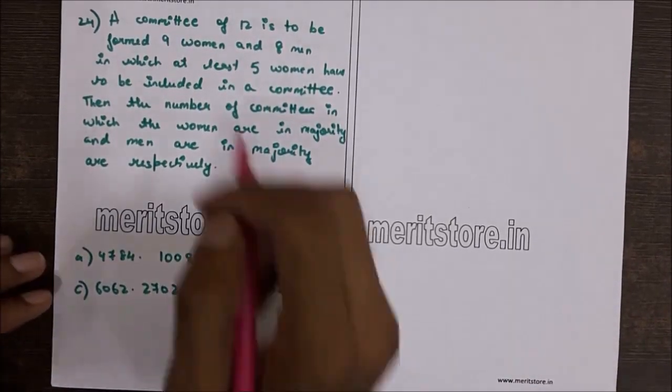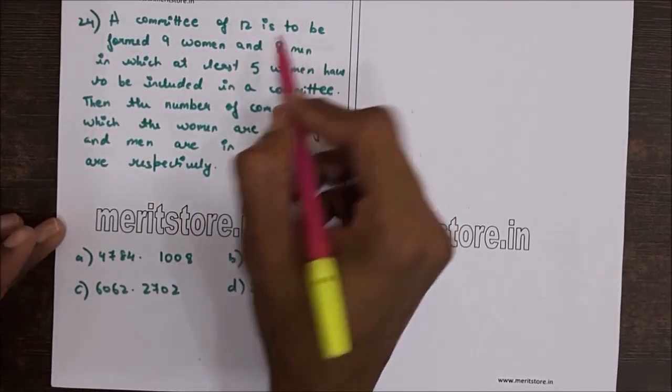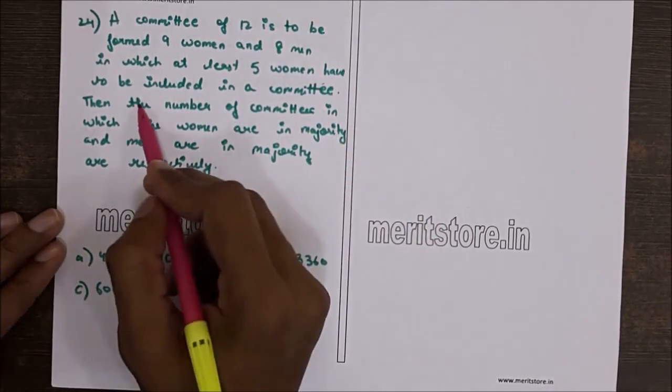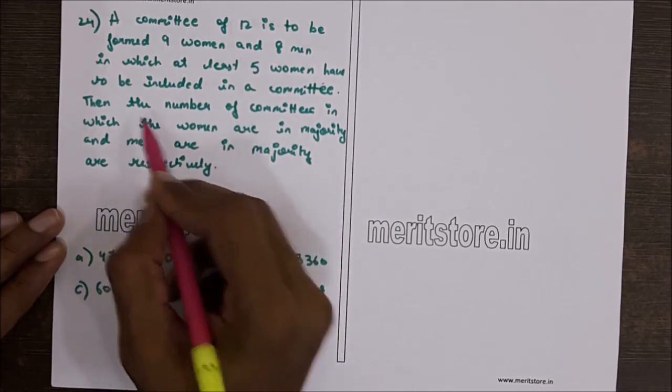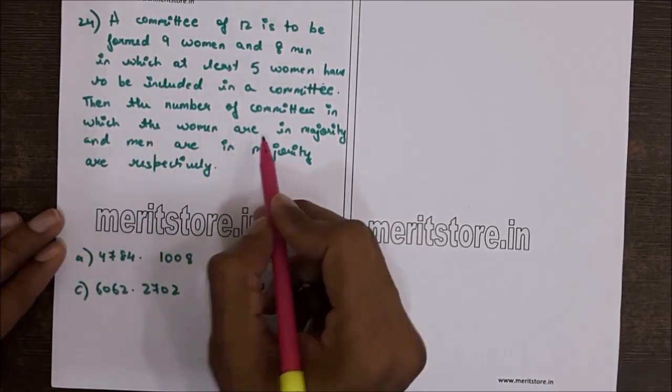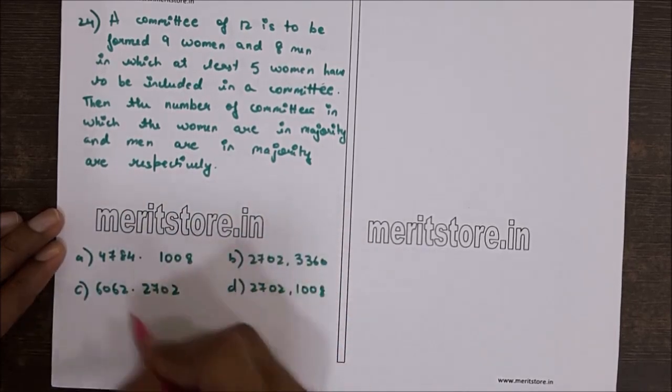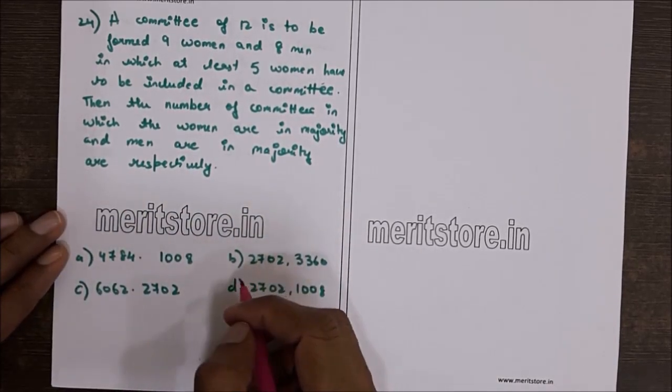Question 24. A committee of 12 is to be formed from 9 women and 8 men, in which at least 5 women have to be included in the committee. Then the number of committees in which the women are in majority and the men are in majority are respectively? We have 4 options. So the number of ways in which at least 5 women can be included in a